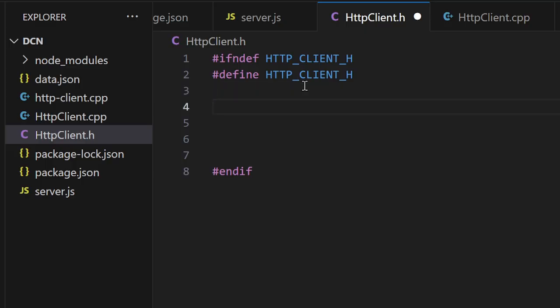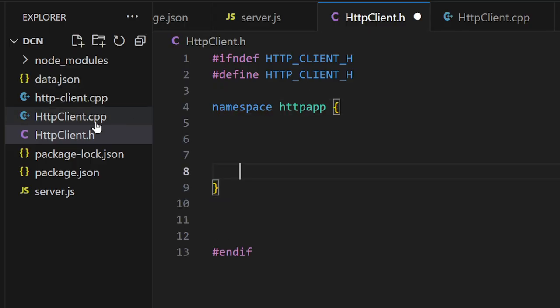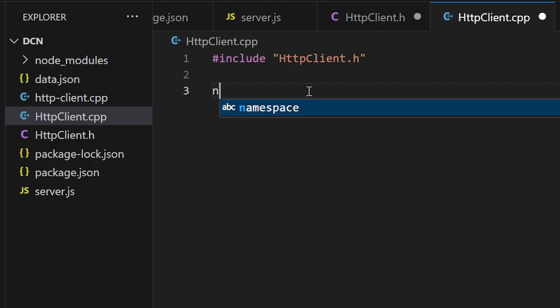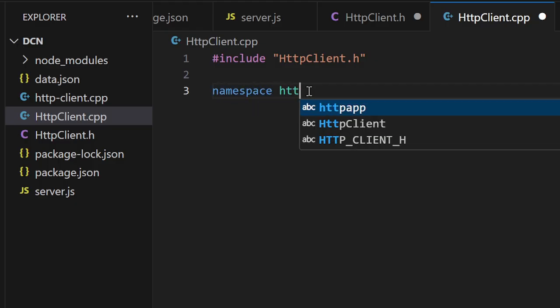This is a preprocessor guard, and I want to put everything in the namespace called, let's say, http app, and in the implementation file you include the header, and we also have namespace http app,